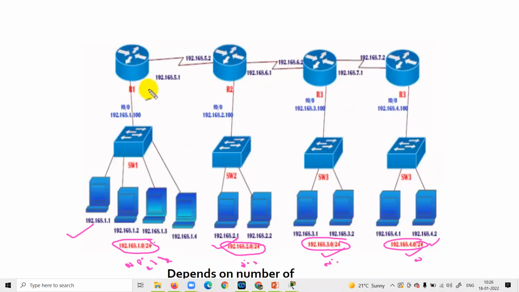Now just check how it will give the IDs. This is the first computer 1.1, it is 1.2, 1.3, 1.4. If it is computer 5, then it is 1.5, 1.6, 1.7, and you can use up to 254. Right? Up to 254 you can use. You cannot use 255 because that is your broadcast ID. Okay. Now the same scenario is for all the other LANs. Just check it.